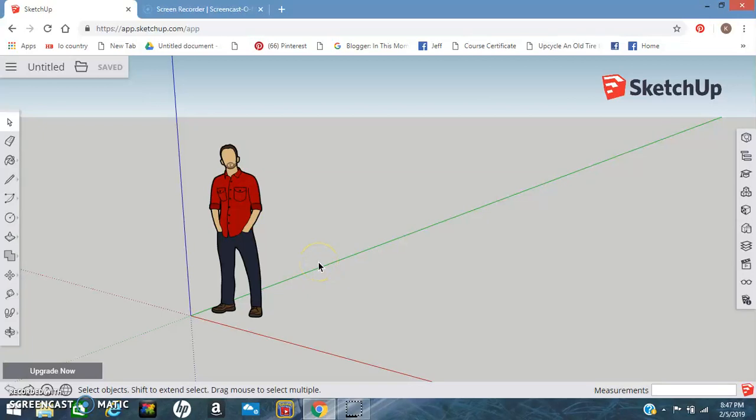All right, welcome to Google SketchUp. We are going to be using Google SketchUp to complete our 3D printed coins assignment. Google SketchUp is going to be new to some of us, so I just wanted to create this video, just kind of give a rundown of the tools, how SketchUp works, and how we're going to use it for our